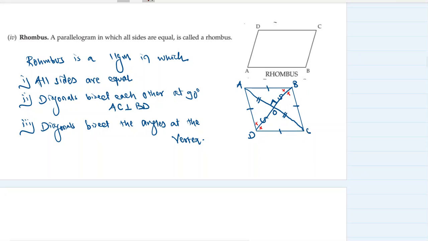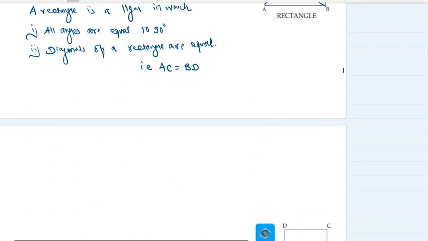अच्छा, और मैं बता देता हूँ which other equal angles are there. These two angles are equal, that means AC is bisecting the angles at the vertices A and C, that is angle BAC is equal to angle DAC and angle BCA is equal to angle DCA. ठीक है, so the diagonals bisect the angles at the vertex. ये एक स्पेशल प्रॉपर्टी है रोम्बस की, ये सिर्फ रोम्बस में होता है. अभी तक